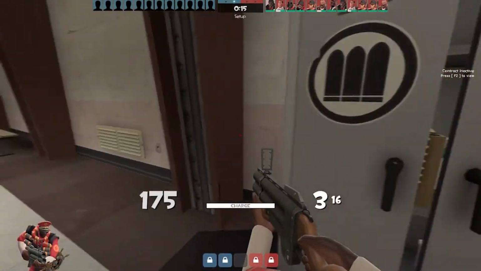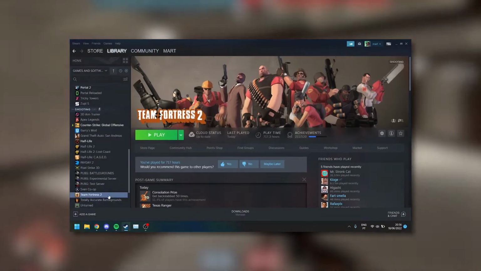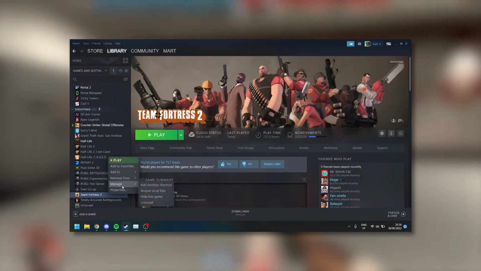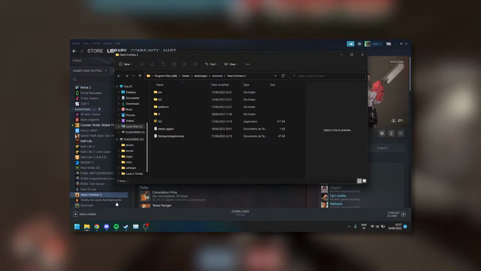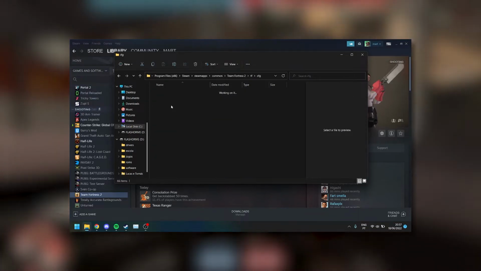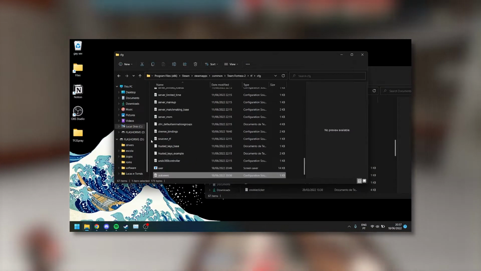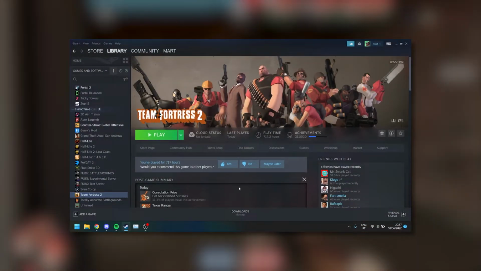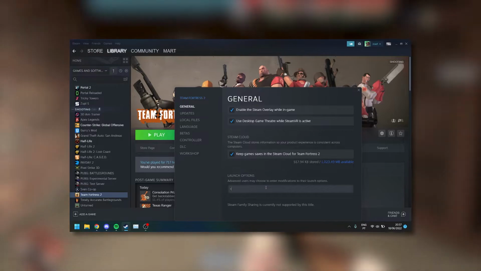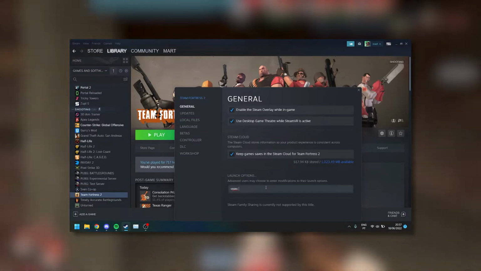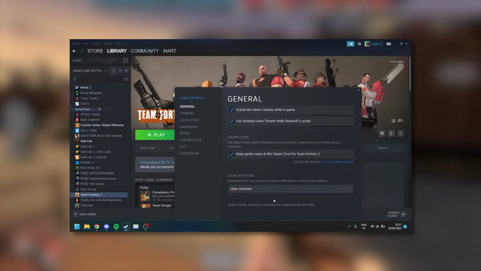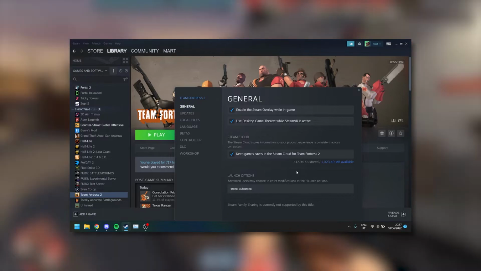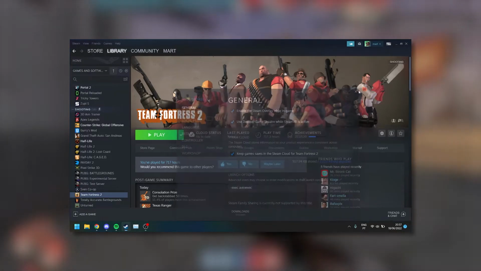Next, go to your TF2 installation folder. You can go there by right-clicking on TF2 in your Steam library, Manage, and clicking on Browse Local Files. Then, go to the TF and then the CFG folder. Inside of the CFG folder, paste your AutoExec config. Right-click on TF2 again in your Steam library. This time go to Properties and in the Launch Options area, type -exec autoexec. By doing this, the AutoExec config we made will execute the commands we put there every time we launch TF2, thus hopefully fixing your spray problem.